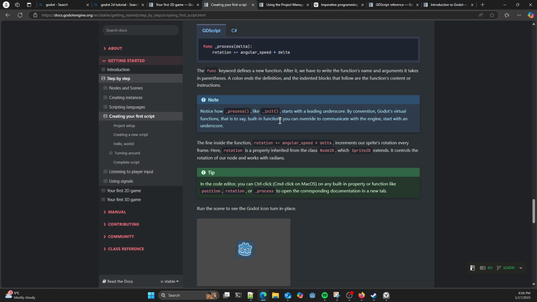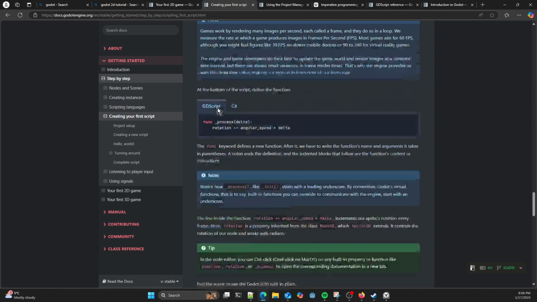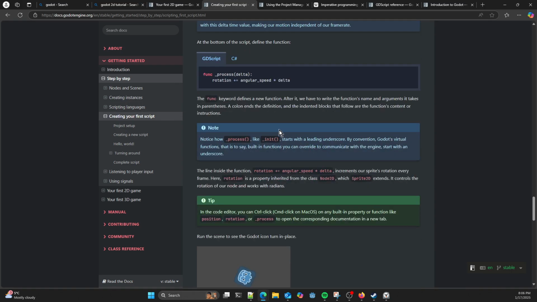A base class, like the Node2D that this extends, may have a default behavior for underscore process. And if you want to change that behavior, you can override it. So overridable functions where you can change that behavior from whatever their base implementation was are known as virtual functions.